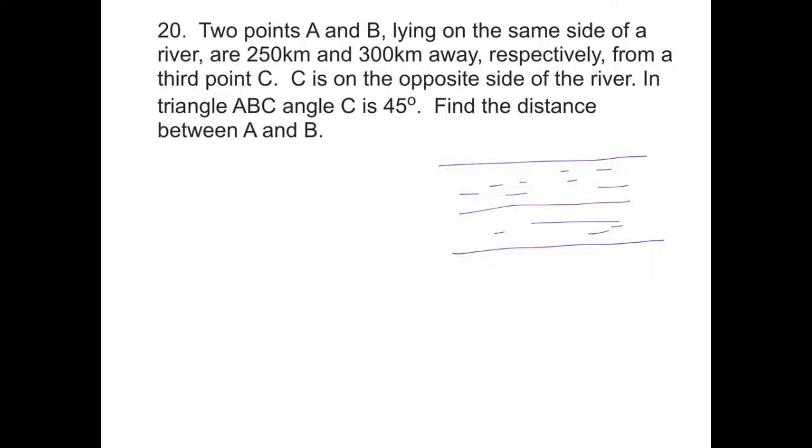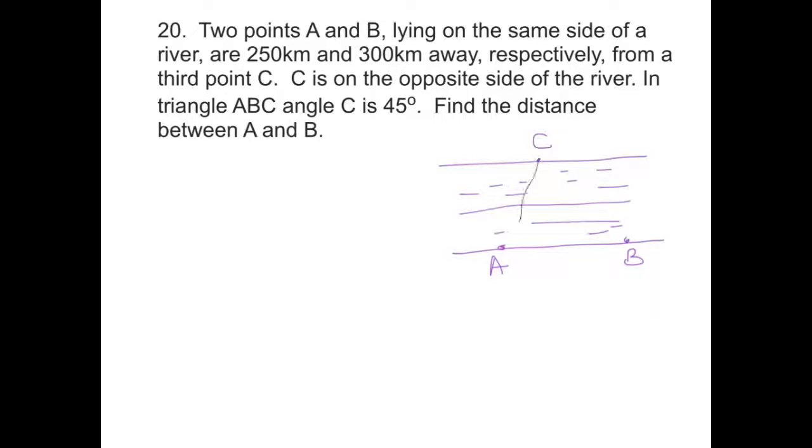and we are told that there are 2 points A and B which are on the same side. So let's draw them here. Let's say this is point A and this one is point B on the same side of the river, and then there's point C on the opposite side of the river, such that the distance between A and C is 250 kilometers and that between B and C is 300 kilometers. So C is on the opposite side of the river, but it is closer to A than to B. So maybe we can locate C somewhere here,